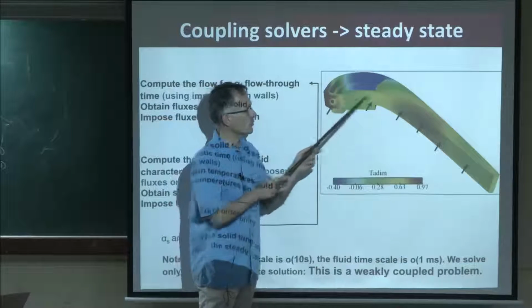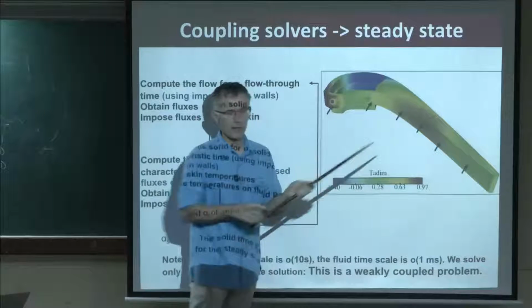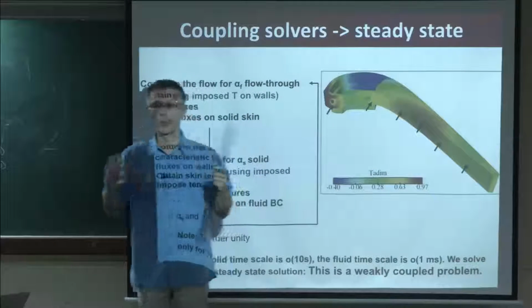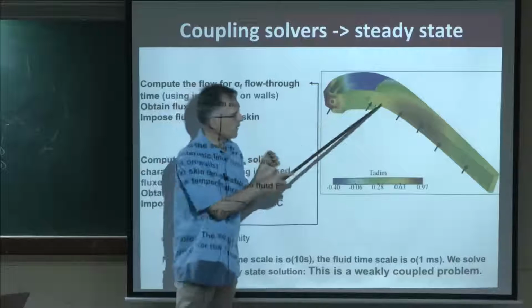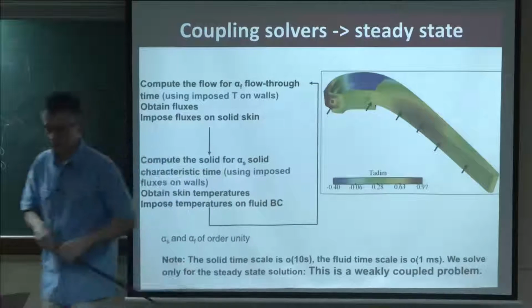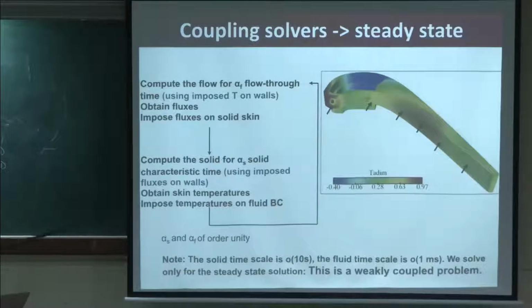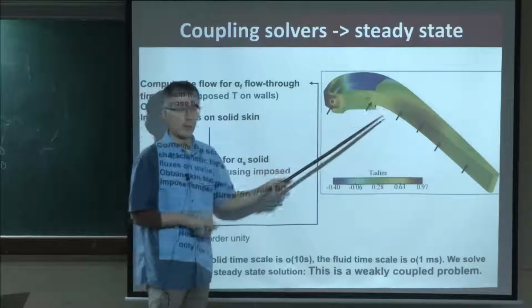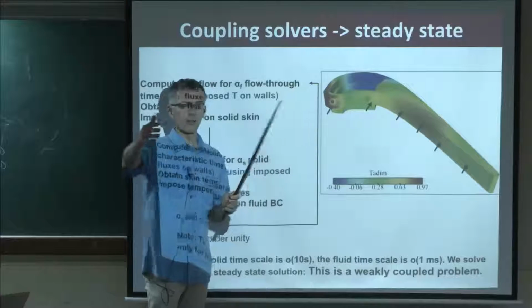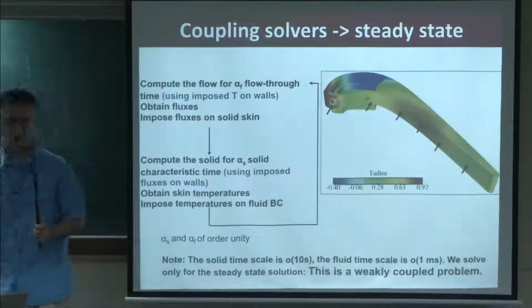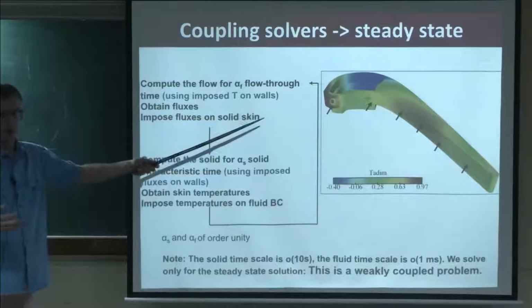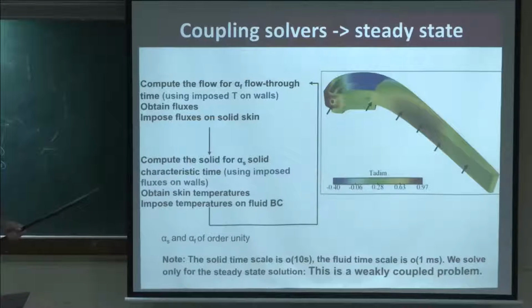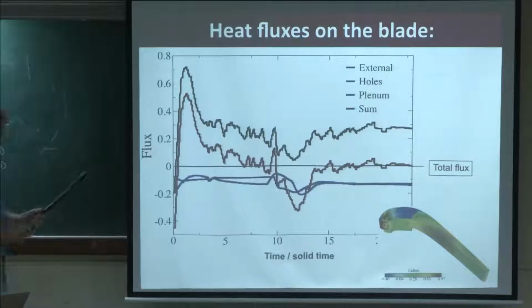That means you don't try to compute the temperature in the blade on the scale of the flow, because that would take forever. So if you do that, you're able to advance in time much faster, and in that sense, it's what we call a weakly coupled problem. You don't have a consistent solution in time. The solution will be right only after the flow has converged. Because when the flow has converged, temperature does not change in the solid, does not change in the gas, and you're good.